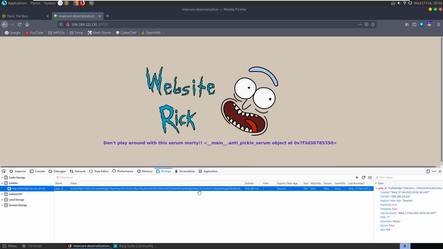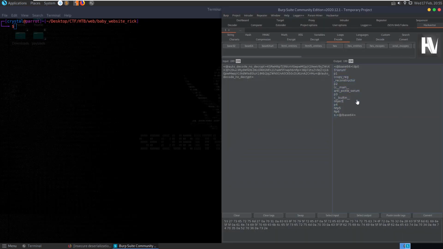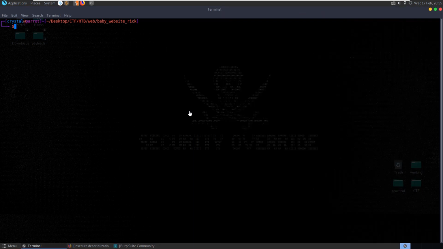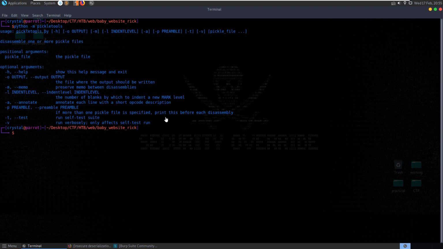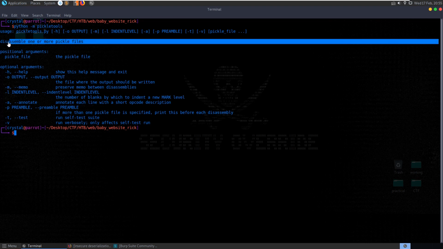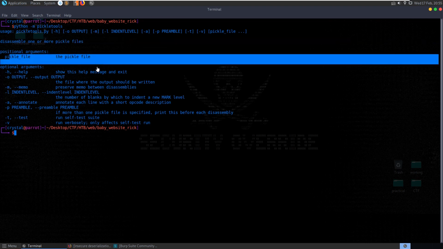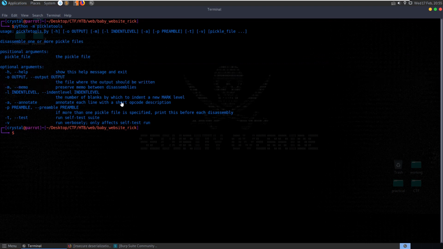So let's look and see if we can find out more about this pickle object. There is a pickle module in Python. Let's minimize this and check it out. If we do python -m pickletools, do I have it installed? Yes. Pickletools disassembles one or more pickle files, and it takes in a pickle file, and we can also use annotate to annotate each line with a short opcode description. So let's create a pickle file,